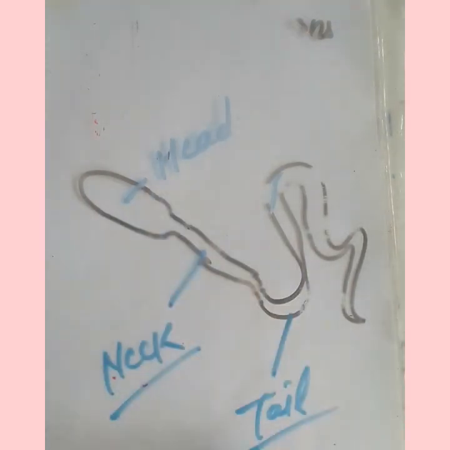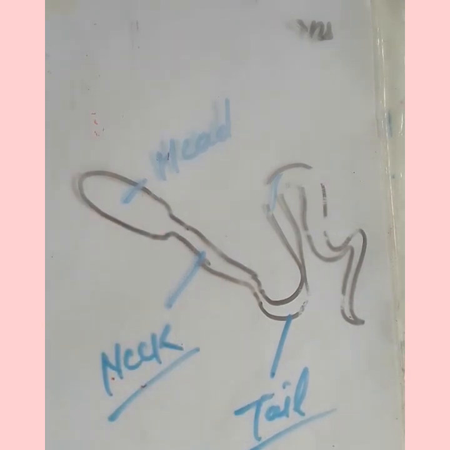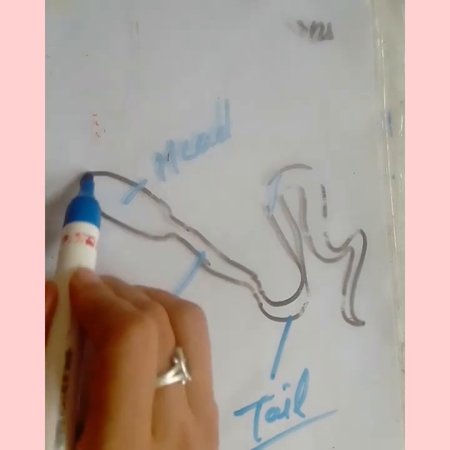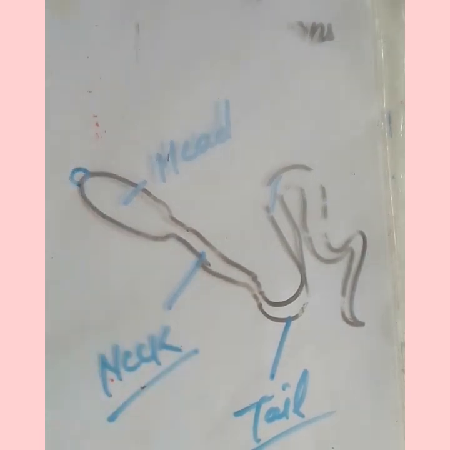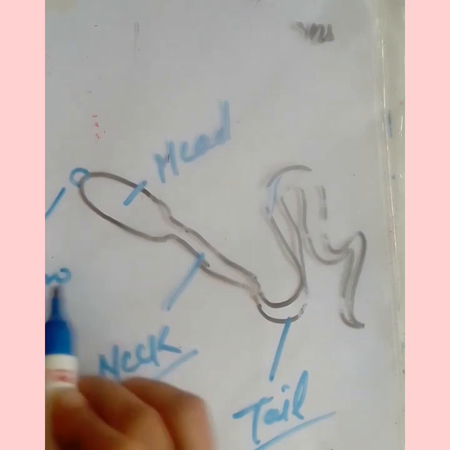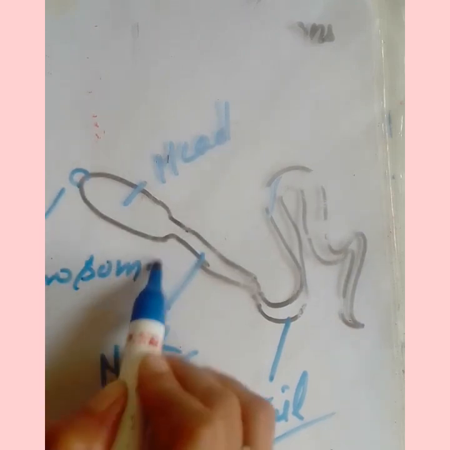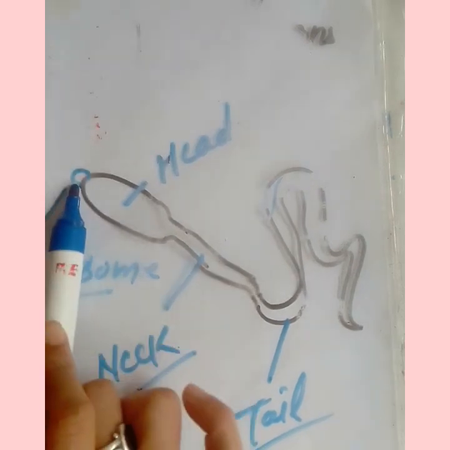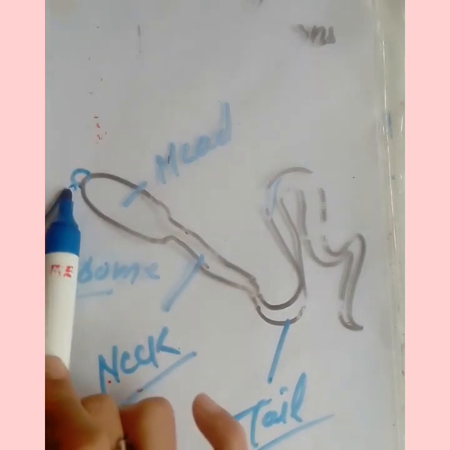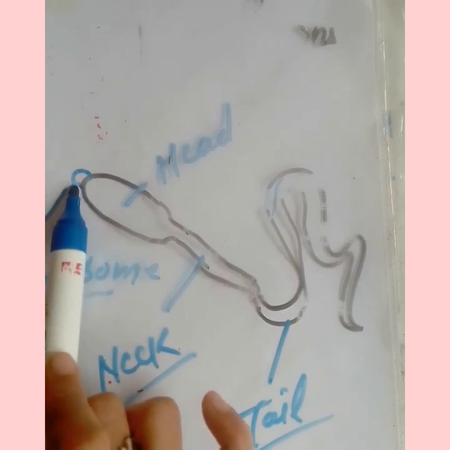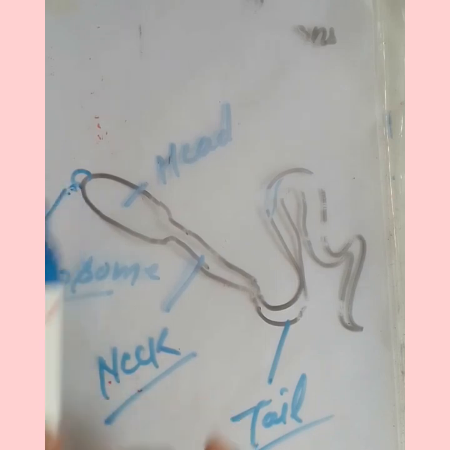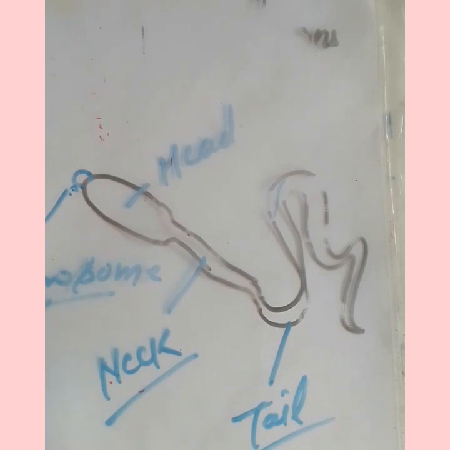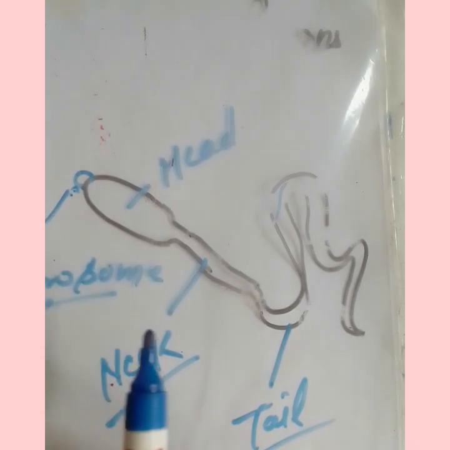In higher classes you will study the functions of each and every part. Briefly let me just tell you. Here also will be present a structure that is called the acrosome. Although it is not given in your book, a little bit, one line is given. So the acrosome structure is present here. Its function is to penetrate into the egg. Penetrate means to enter into the egg, and this structure will help.